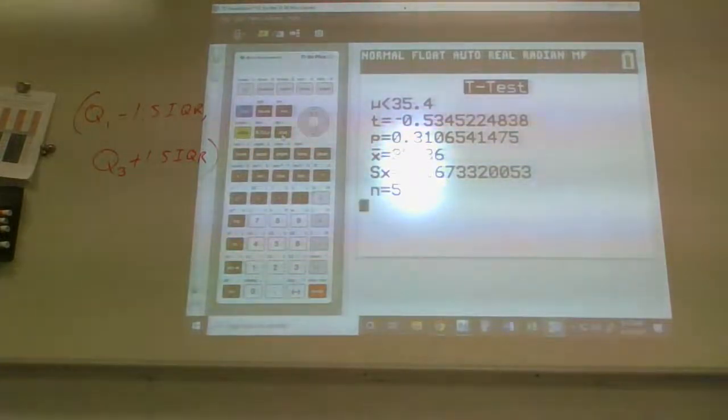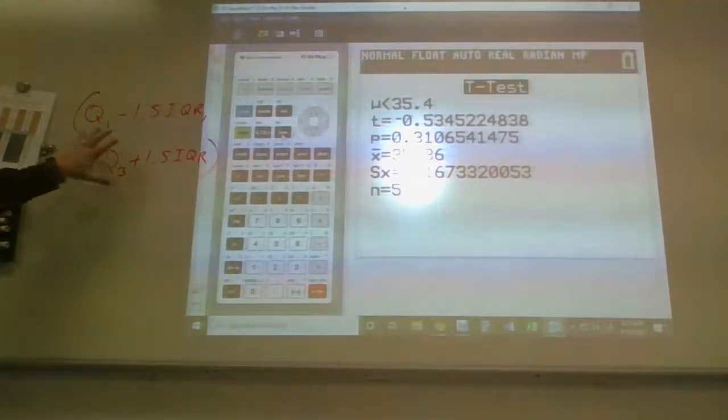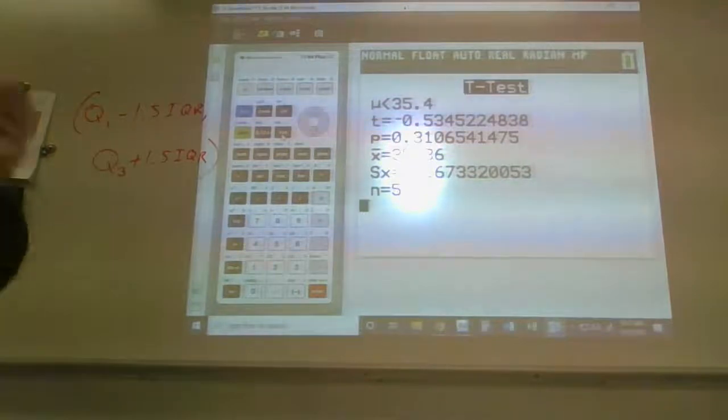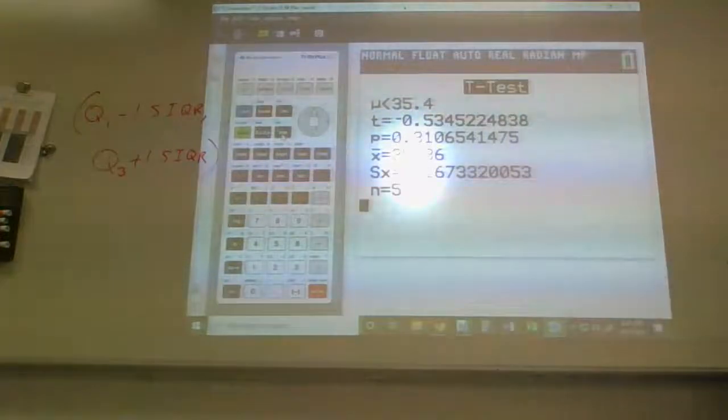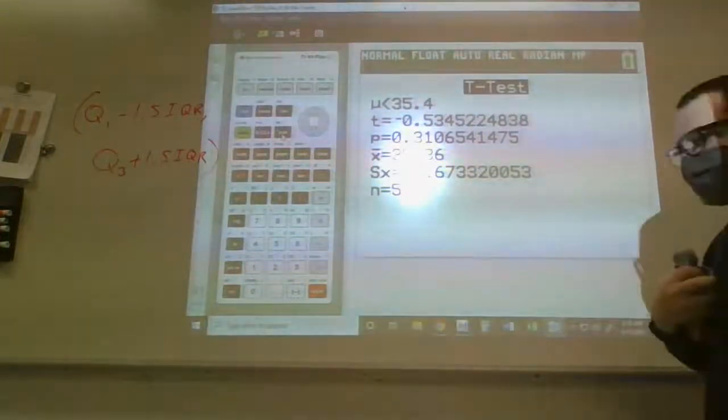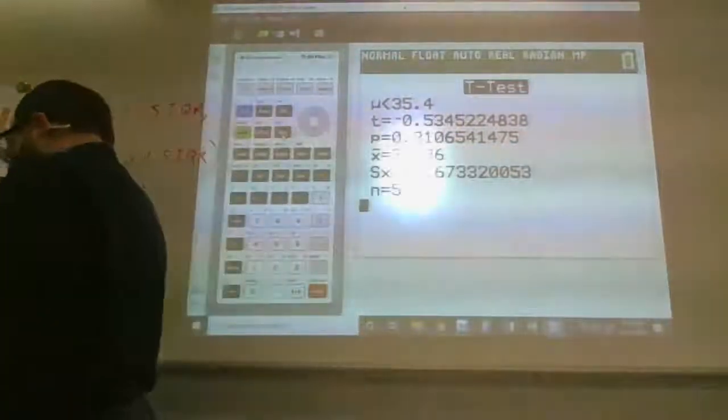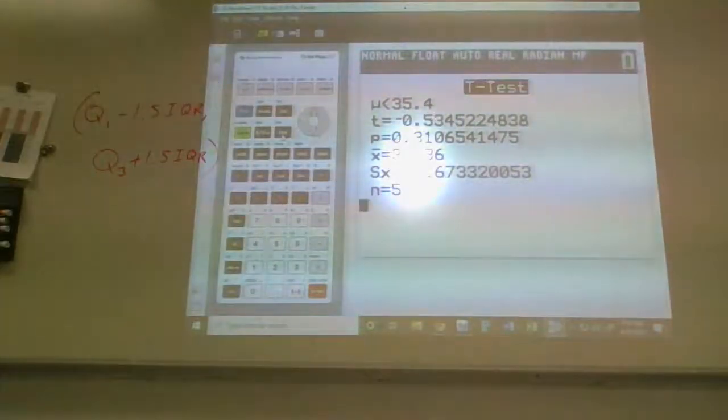Like I said, the book does talk about it like not being an outlier, which I disagree with. The question says, what would you conclude about the stated weight? I would say something along the lines of, even though that weight was an outlier by this definition, it did not affect our conclusion as to whether or not the bags were weighing less than advertised. We simply don't have enough evidence to show that. In fact, the evidence points to the bags being filled as advertised.